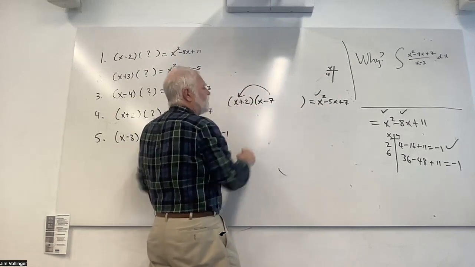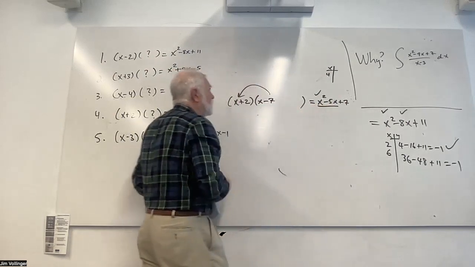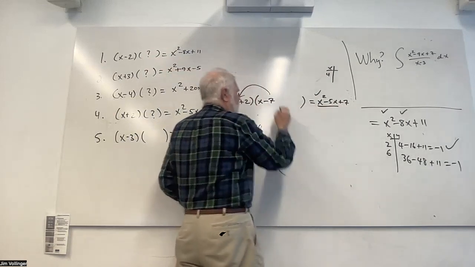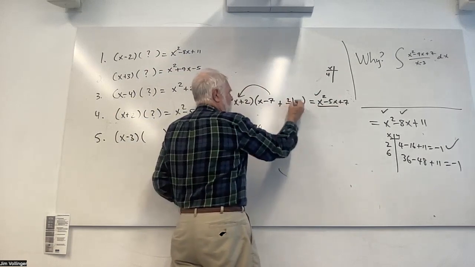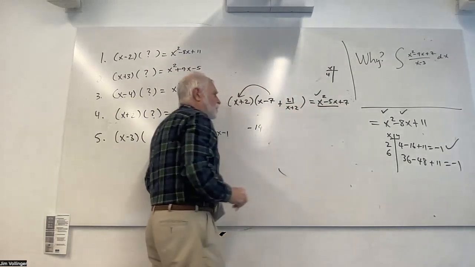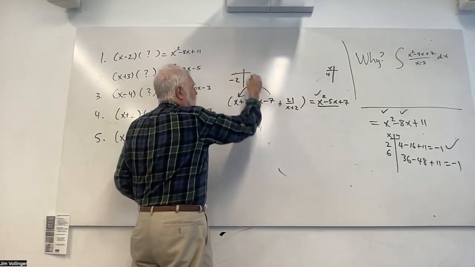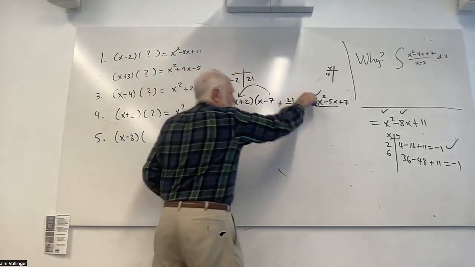Yeah, that definitely gives me the first 2 terms. But now I've got minus 14, and I got to get to 7. Well, I better add 21 over x plus 2. What's the friendly number? Negative 2 should get me a remainder of 21, especially if I put the 21 outside